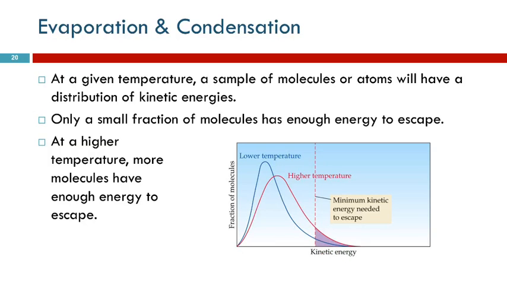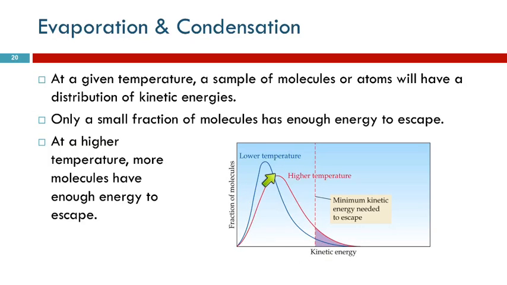You okay with that? So most of them are in the middle. And you think about people running or something, kind of everybody's in the middle, but some people are really fast and some people are really slow, right? So the really fast ones, even at a low temperature, have enough kinetic energy. This is the amount of kinetic energy needed to break through and evaporate. The minimum speed needed to break through that Red Rover line. So this area here under the blue curve is how many molecules can evaporate.